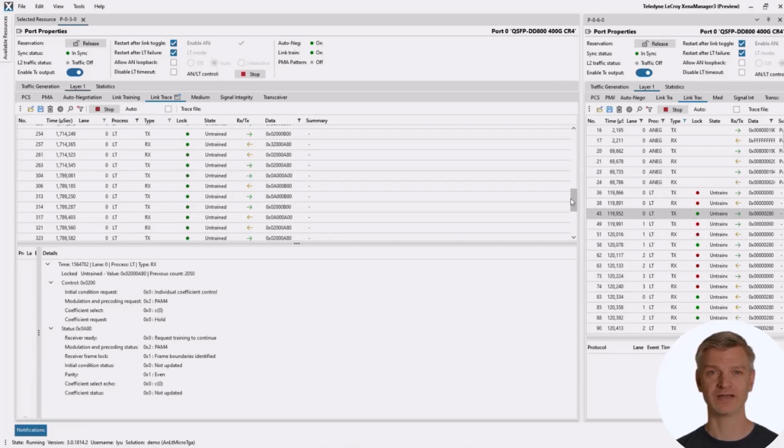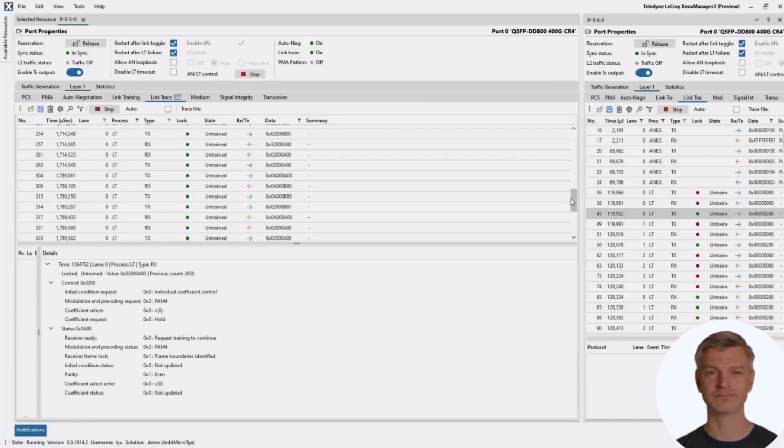And then you're going to see link training messages. And each of them are showing if we have the lock, is the train declared, and so on. You can also see all lanes are here. You can use this filter to focus on one specific lane. And here we can check them one by one or use the arrow key to move up and down to